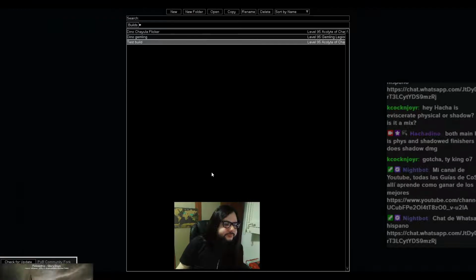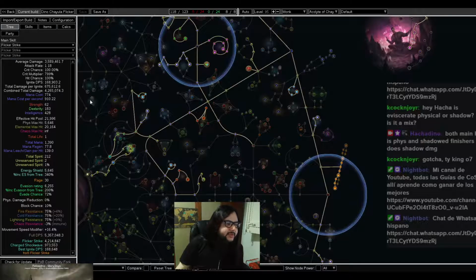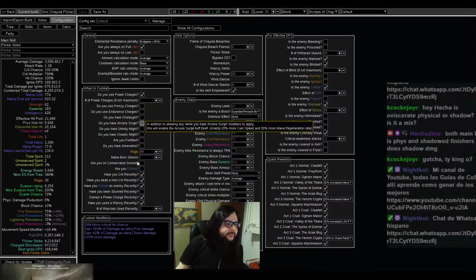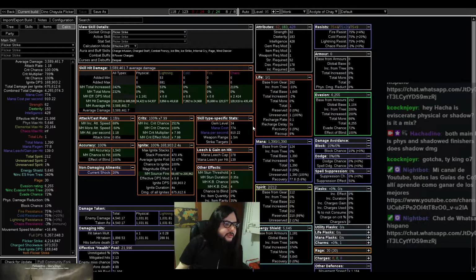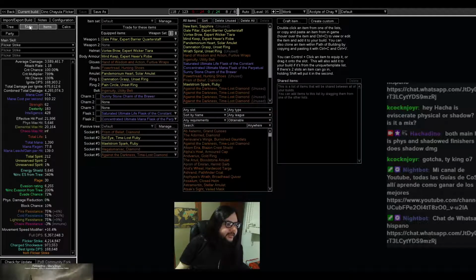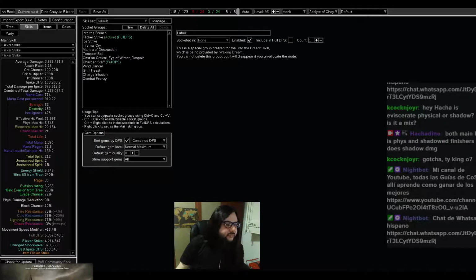If you want to see my build and it's already done, it's on here. And as you can see here, the configuration has those things over here. As you can see, of course, the damage is much higher than the other one because I have done all of the things and put my things in place well. So that is everything. If you do it fast without explaining everything, it will take you like 15-20 minutes, nothing crazy, and you get the full build going,